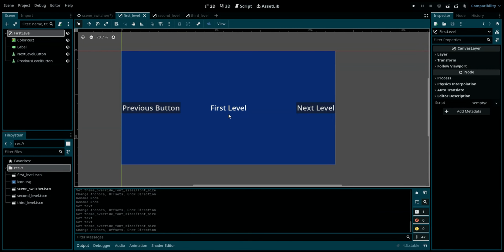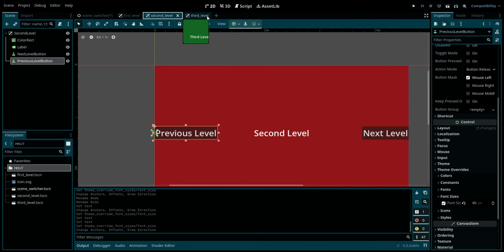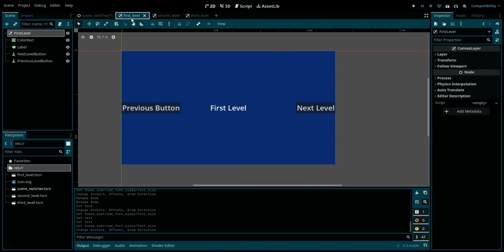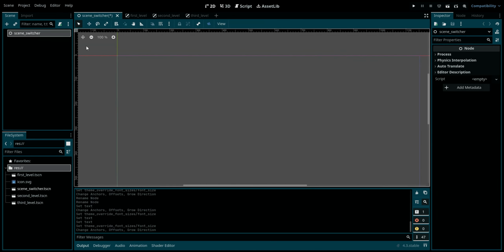Now I have created two other levels, the second and the third level. It's basically the same nodes, I have just changed the names. Now what we want to do now is to load the first level when we start the scene switcher. So in the scene switcher we need to attach a script,